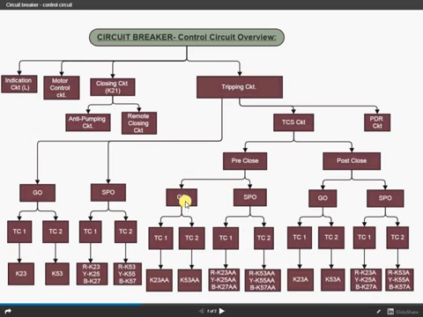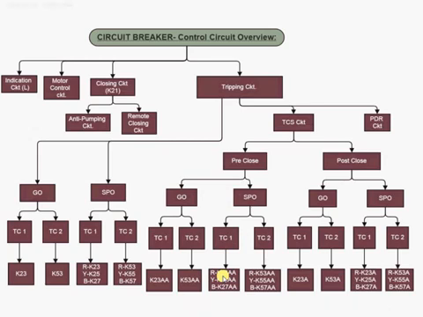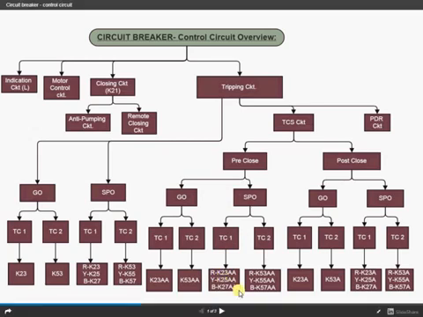If it's a gang operated breaker, for trip coil 1 it is shown by the ferrule K23AA. For trip coil 2 it is shown by the ferrule K53AA. And if it is a single pole operated breaker, then for trip coil 1, R phase it is K23AA, Y phase K25AA, B phase K27AA, and for trip coil 2, R phase is K53AA, Y phase K55AA, B phase K57AA. Okay.